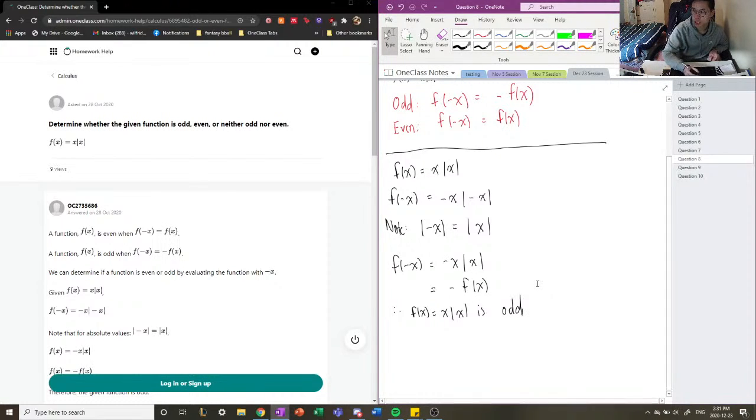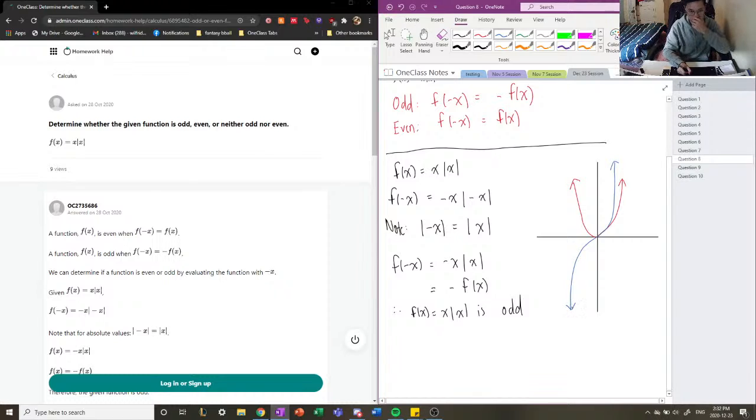So what this means is these relate to, I guess, symmetrical functions. A good example of an even function is something like a parabola, right? A parabola is an even function because f of negative x is just f of x, right? A good odd function is something like a cubic function,